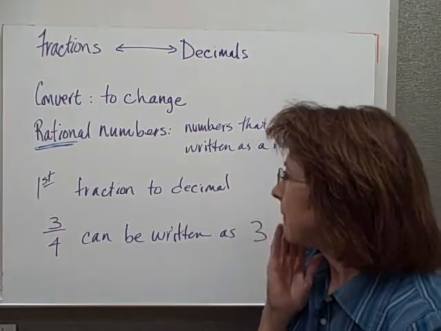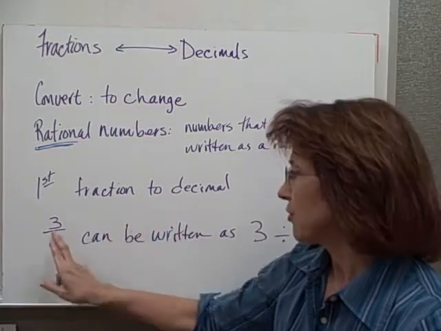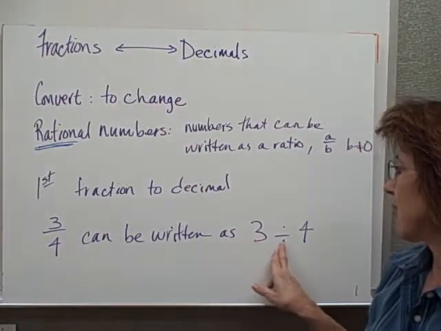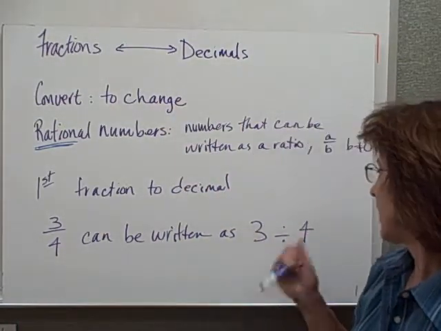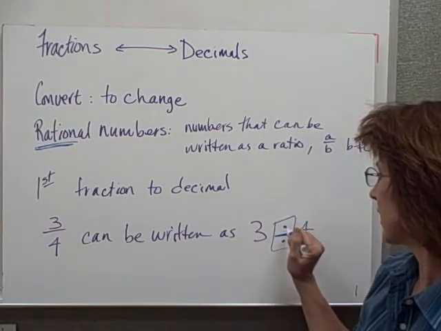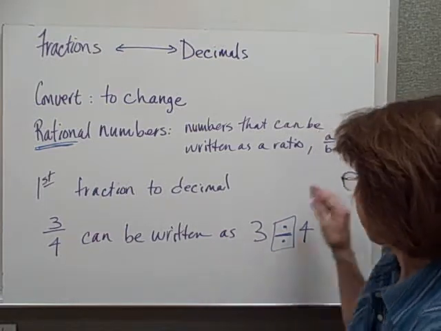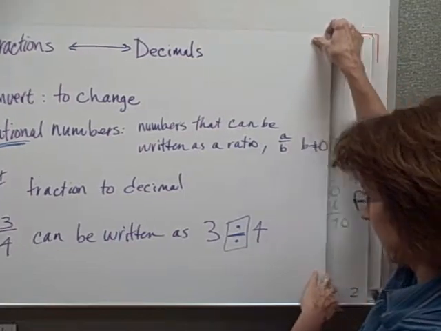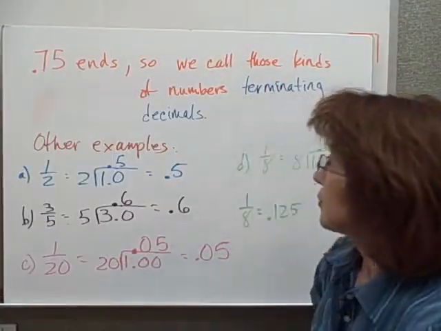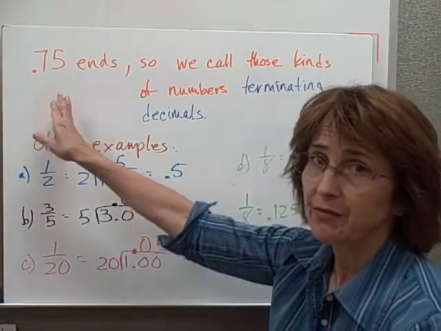Okay, so first we're going to talk about fraction to decimal. And one example of that would be 3 over 4. Now, you have to remember that 3 over 4 can be written as 3 divided by 4. Remember that division sign came right from the fraction form. We talked about that in class, that almost looks like a fraction right there, that division sign. And that's what it actually means. Okay. So now let's try 0.75, because if you take 3/4 and divide 3 by 4, you get 0.75, and